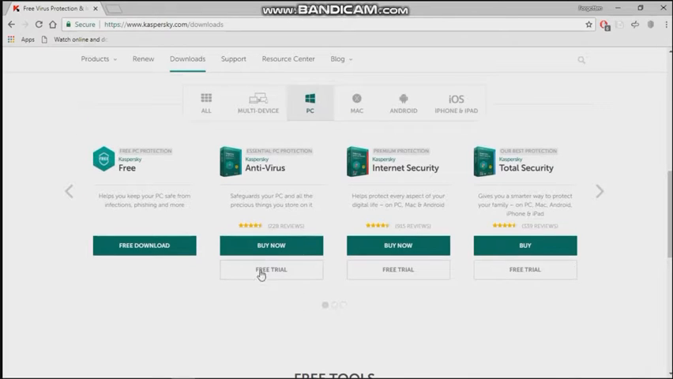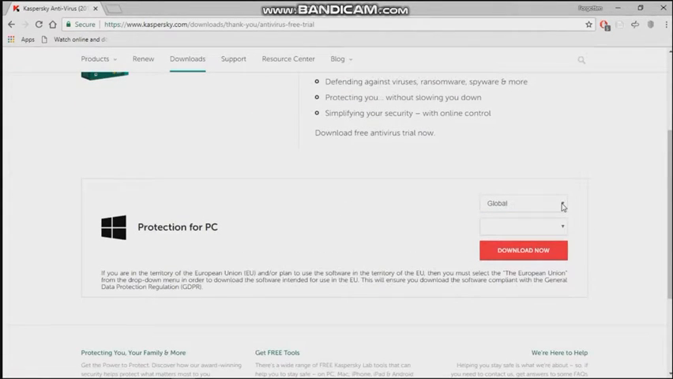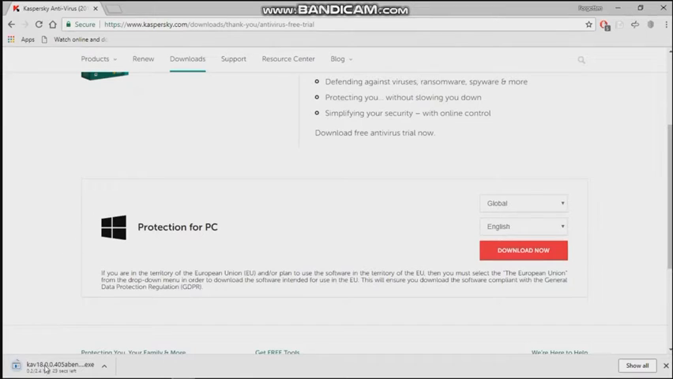And here, all we need to do is click this free trial button. And here we can check it. This is global, and this is only in English, and click the download button, which is right here. When it's finished, click this,